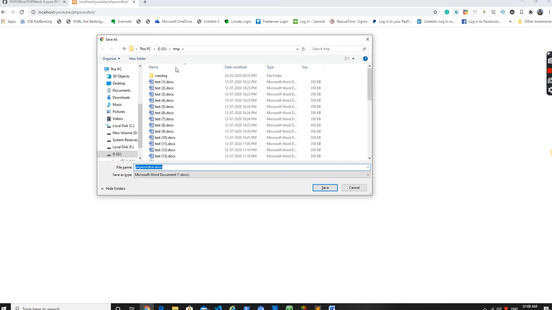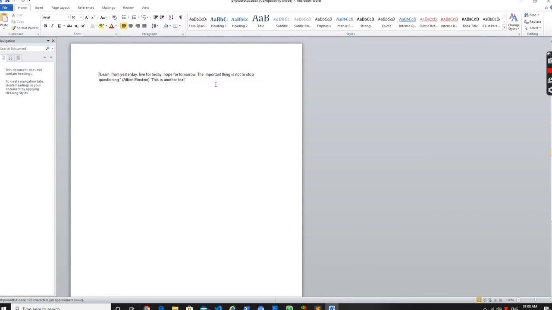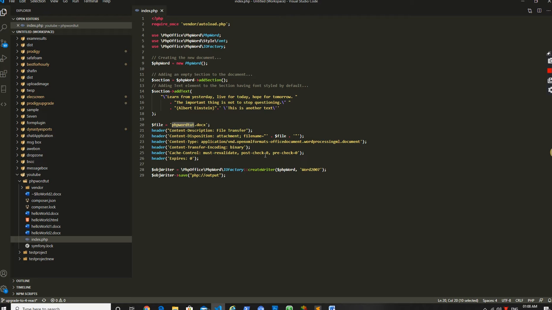so it is going to give me download. I'm going to save this, and if you open this you can see the text here. Okay, then next